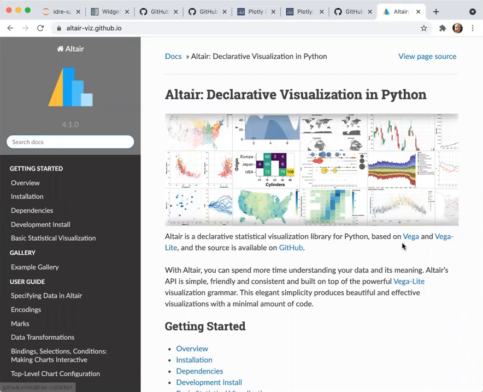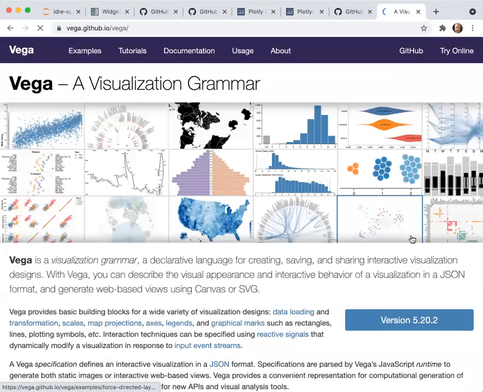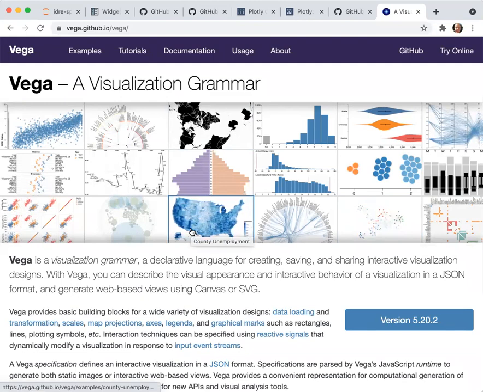It's based on Vega and Vega-Lite, which are similar conceptually to what I described before with the grammar of graphics. Vega is a visualization grammar, which is a specific language for creating, saving, and sharing interactive visualization designs.